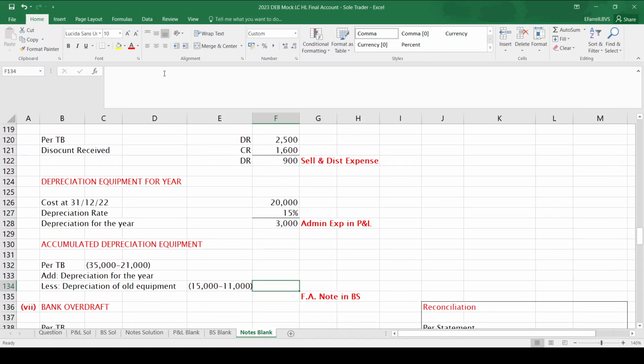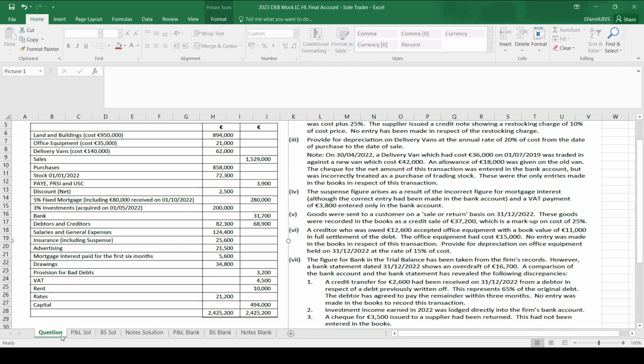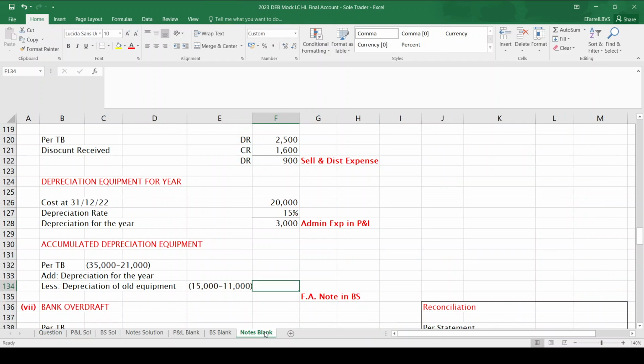Accumulated depreciation of equipment. We need the accumulated depreciation of equipment for the balance sheet, so we may as well do that now also. So from the trial balance, depreciation of equipment. Well, it cost 35 and it's now worth 21. Okay, so the difference would be the accumulated depreciation. So 35 minus 21 is 14,000. Now I'm going to add my depreciation for the year of 3,000, and I need to take out the depreciation of the old equipment,